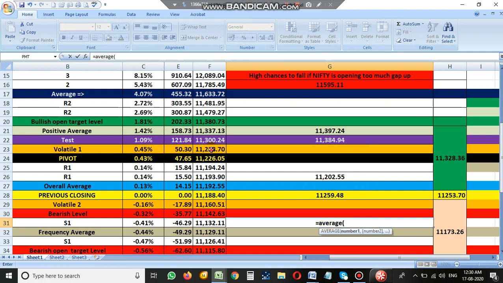Average of these two, so which is 11,264.74 plus 10 points. I'll take 10 points, so 11,274 is the level. So if the particular level is not breaking, the market will have chances to fall, because it shows that matching. So I'll take the high somewhere in between